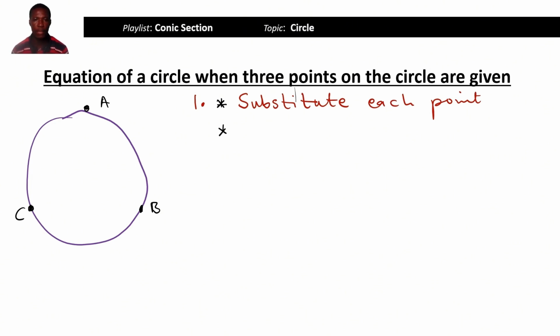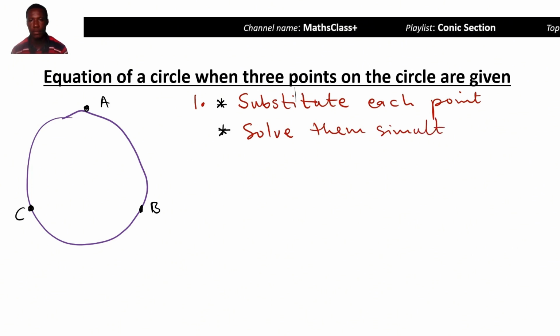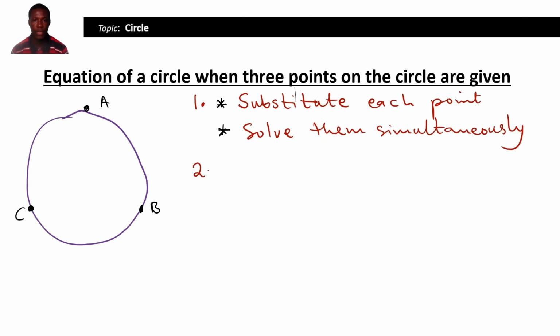Now, when we obtain the 3 equations, we will have to solve the equations simultaneously. So we solve them simultaneously. Once we do that, we will obtain the values of g, f, and c. And when we substitute these 3 values into the general formula of an equation, we will get the equation of our specific circle given. So that will be our first method. Now the second method,